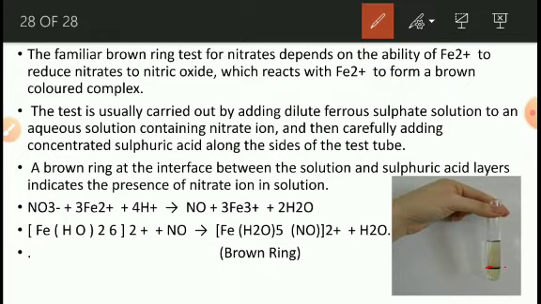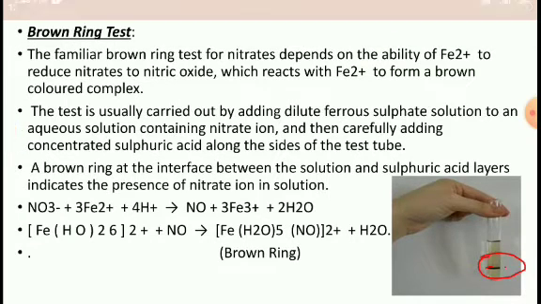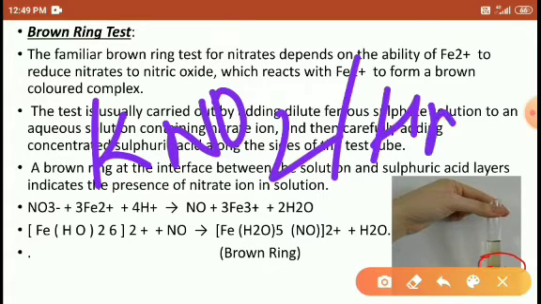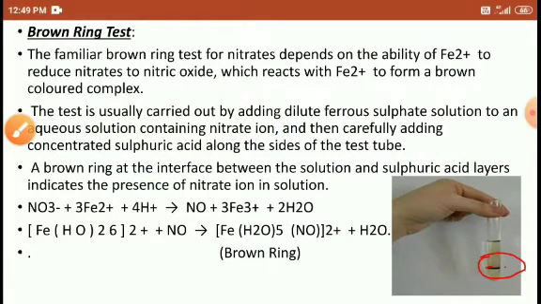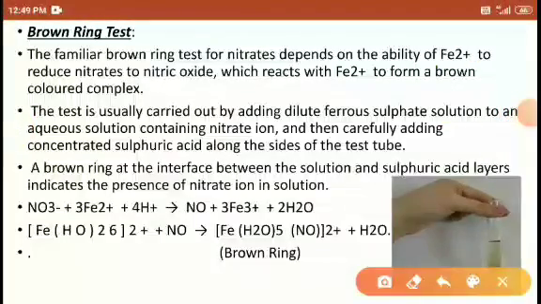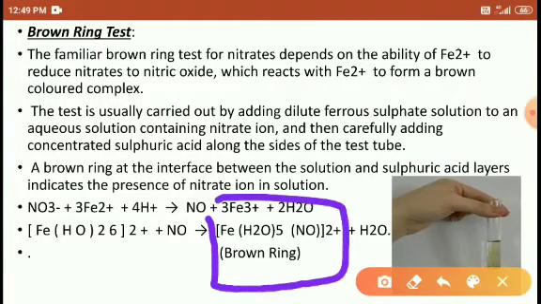This is the brown ring. This part is the brown ring. If we use a mixture of concentrated sulfuric acid and KNO2 or HNO3, in which we add ferrous sulfate and sulfuric acid, a brown ring forms here. Right, students? This is the reaction that occurs here. When the brown ring forms, it forms this chemical compound.